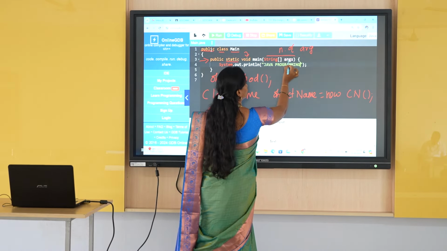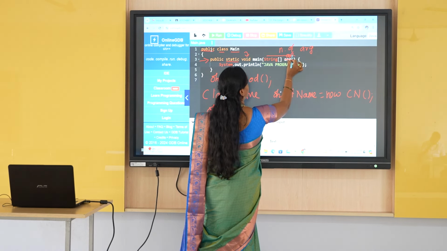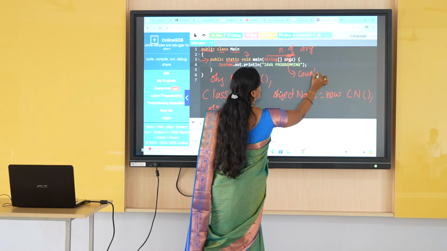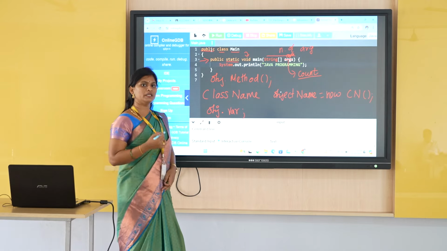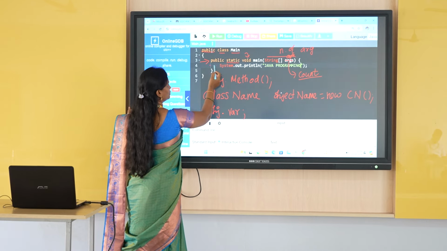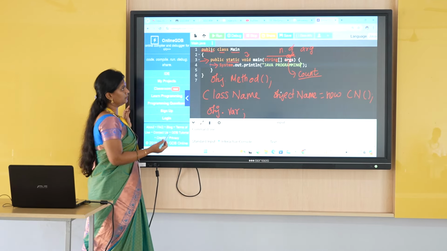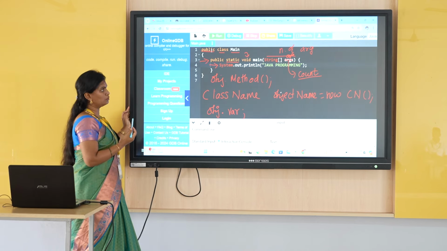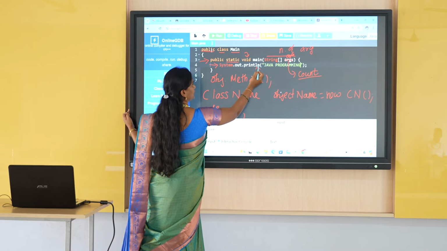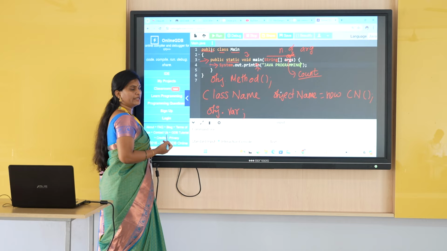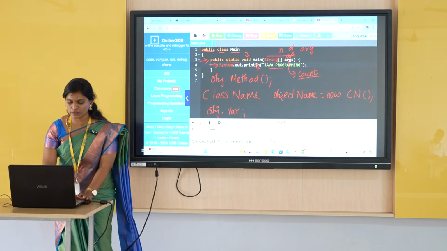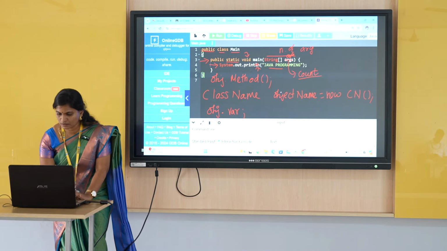So we can remove this variable. Suppose I want to use the variable name count. We can directly use it, so we can change that variable name. Whatever you want to give, you have to give inside your main method. Whenever we want to display the output, you have to use the System.out.println method. Here println gives a new line; if I remove ln, it will not give a new line. Within double quotes, you have to give the message. So this is a simple program to display the content.